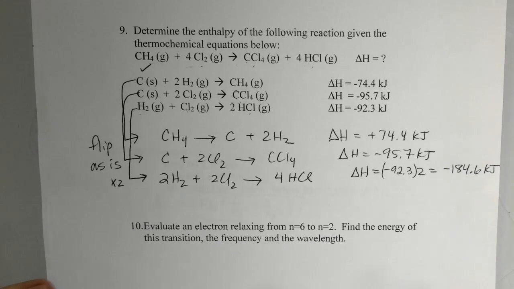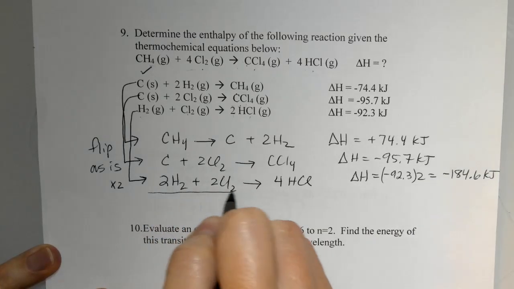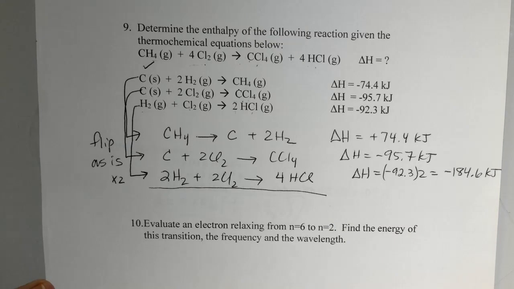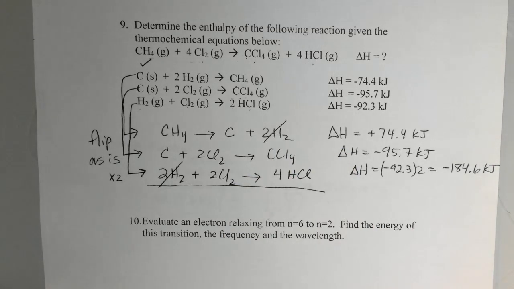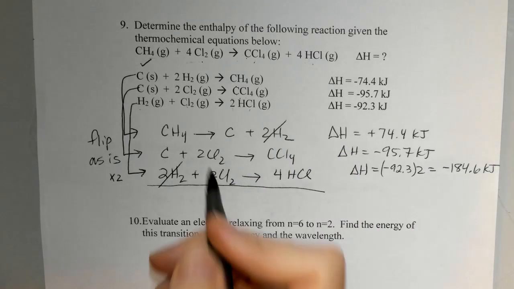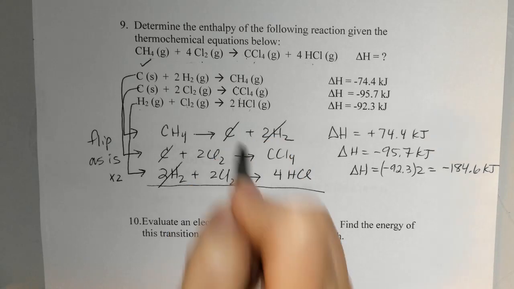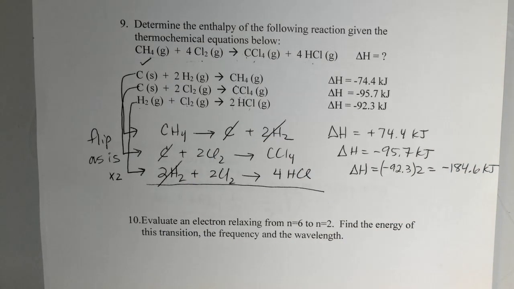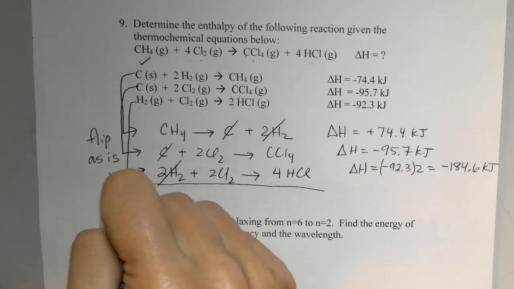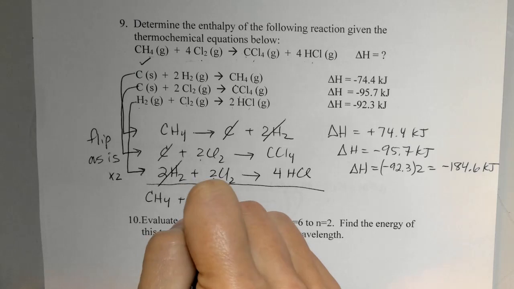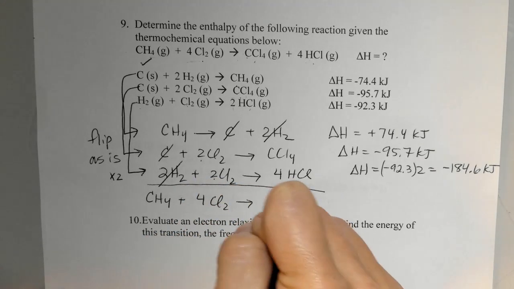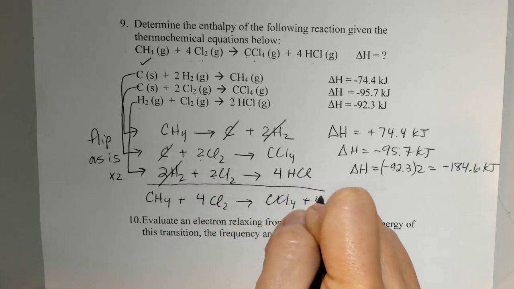All right. Now I'm going to add all of my equations together, right? And like terms on opposite sides will cancel out. So I've got 2 hydrogens on the reactant side, 2 hydrogens on the product side, canceling out. A carbon on the reactant and a carbon on the product will cancel out. And what I'm left with is the thermochemical equation that I was looking for. I've got the methane reacting with 2 plus 2, so 4 chlorines, to make the carbon tetrachloride and the 4